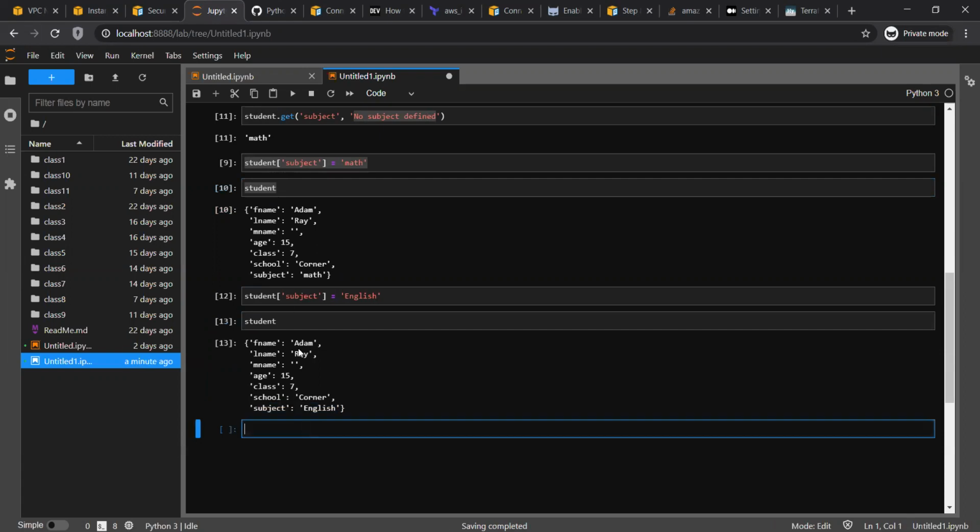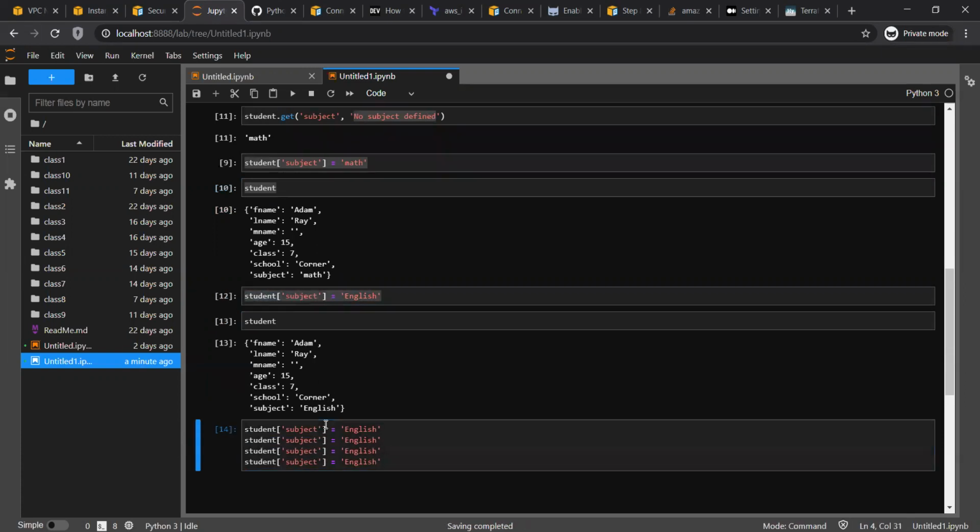If that key doesn't exist, it will add that. So what I'm trying to say here, let me put it this way.